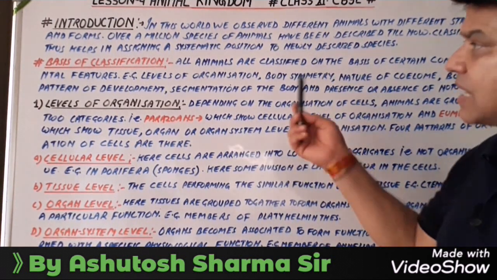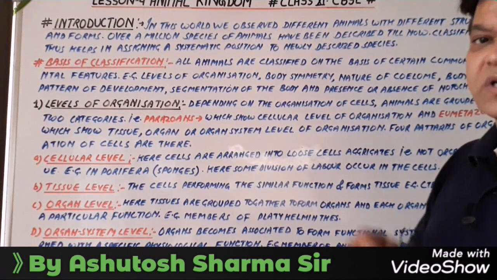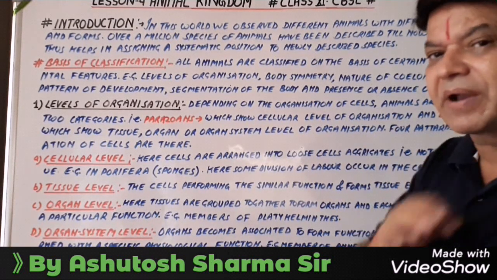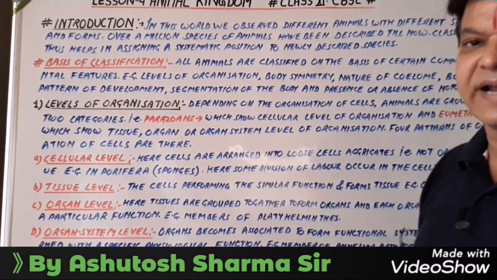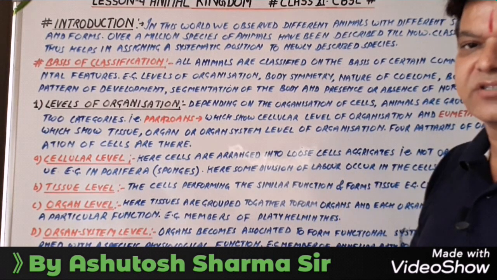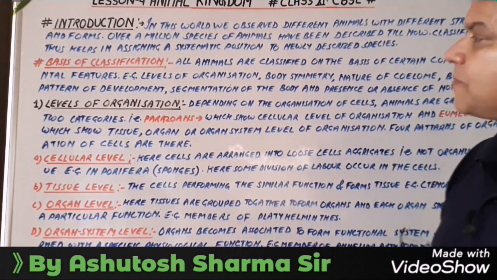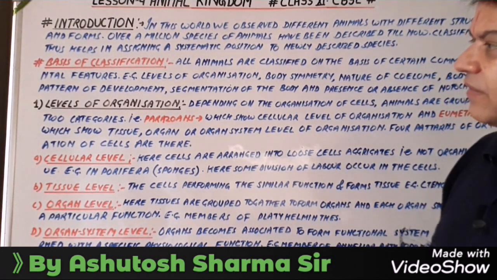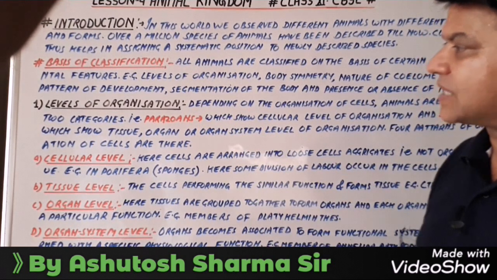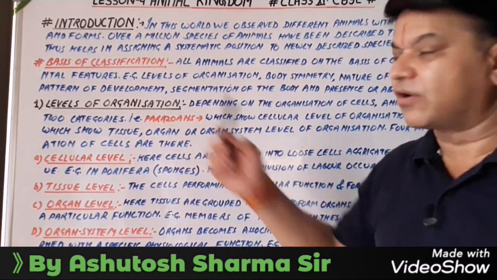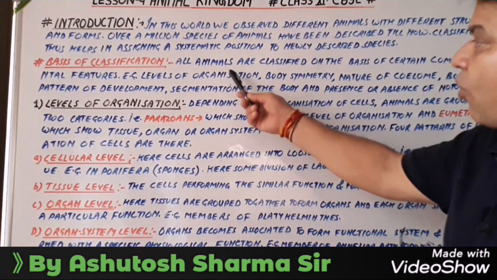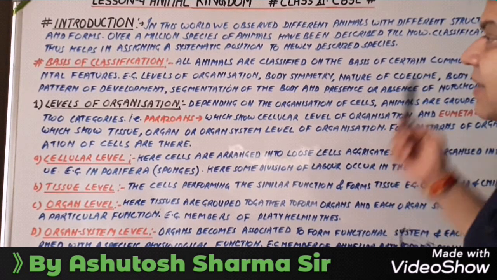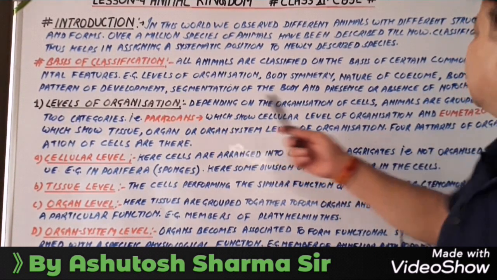We can say that classification helps us to arrange the animals in a systematic way, so that we can understand all the characteristic features of all organisms. Now, the basis of classification. Today in this topic we take the basis of classification and only the levels of organization. Now, all animals are classified on the basis of certain common fundamental features. These are,